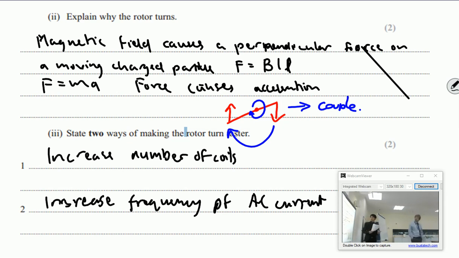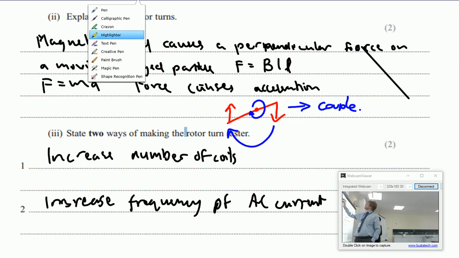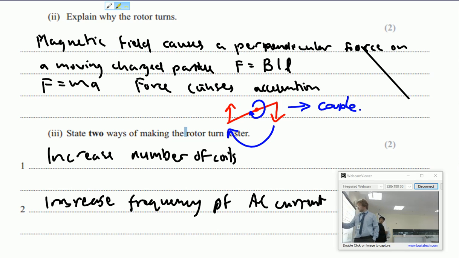I'm just going to increase the magnitude of the current. Yeah, well, the applied current. Yep, that will work as well. That's the third thing. Now, obviously, this one is a state, so we don't need to worry about